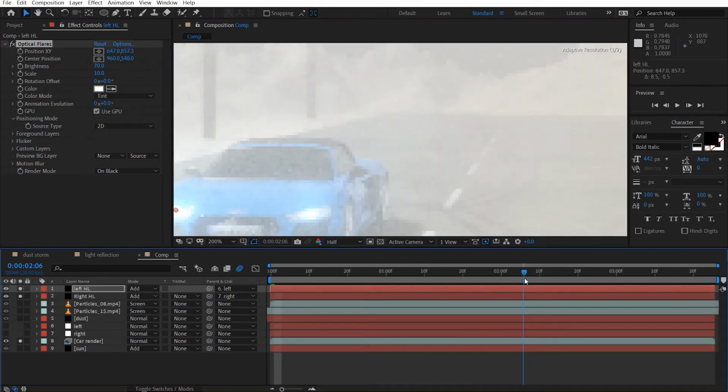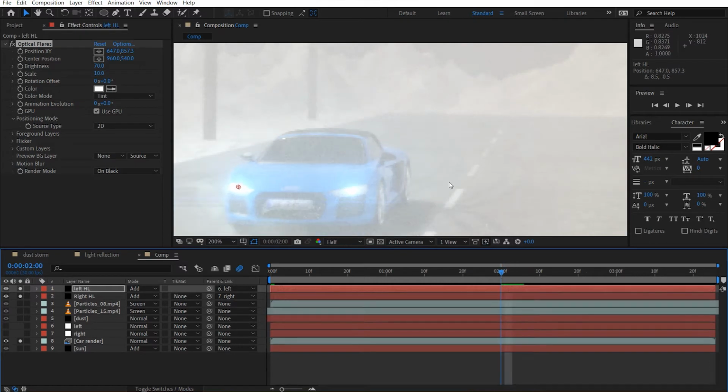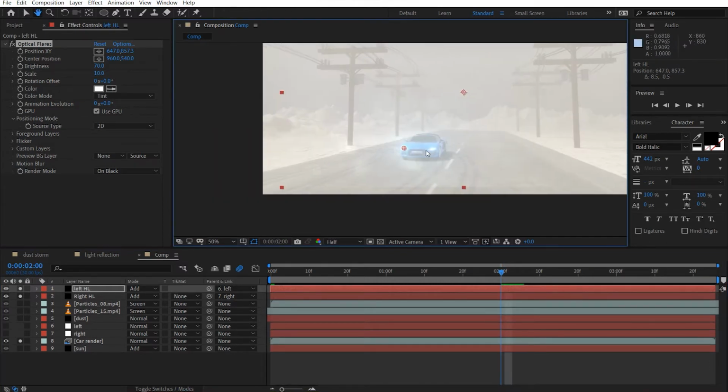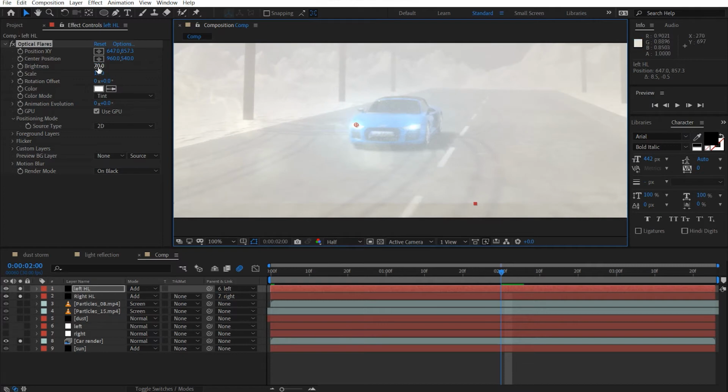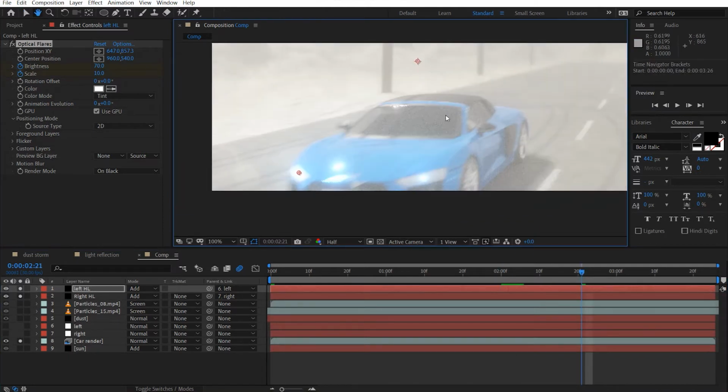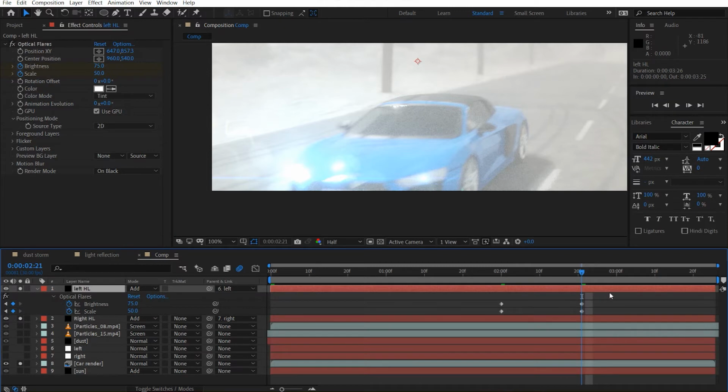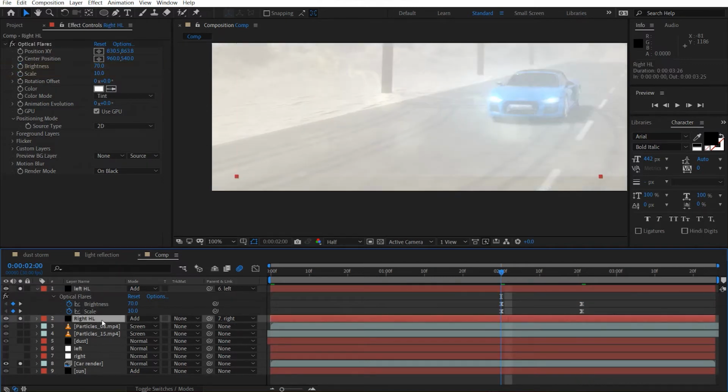Just move this across a bit. Now from here, just want it to get a bit brighter. So what I'm going to do is just set a keyframe for this, move forward, and make it 30, 50, maybe 75. Okay, and hit U. Just smooth these out. Copy it and paste it on the right headlight,